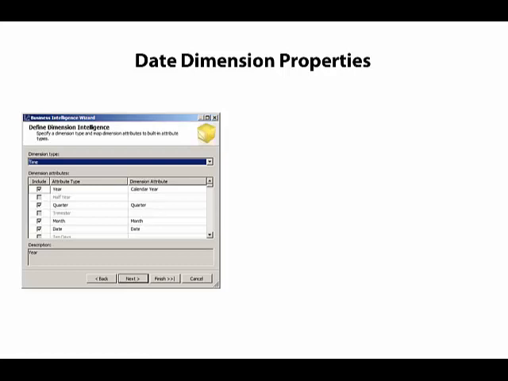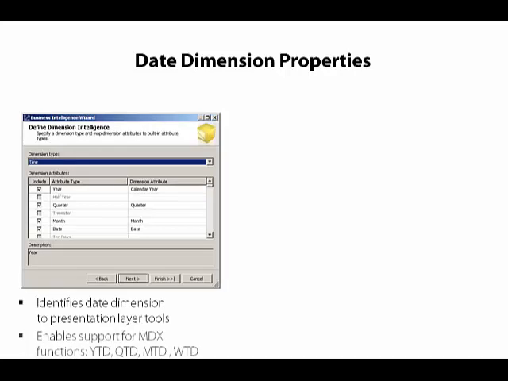The purpose for setting these properties is to identify our date dimension for analysis services, because some front-end tools have features that support date-specific calculations. And in particular, MDX, which is the query language for analysis services, has certain functions like year-to-date, quarter-to-date, month-to-date, and week-to-date that work only when analysis services knows which dimension is the date dimension and which attributes are year, quarter,